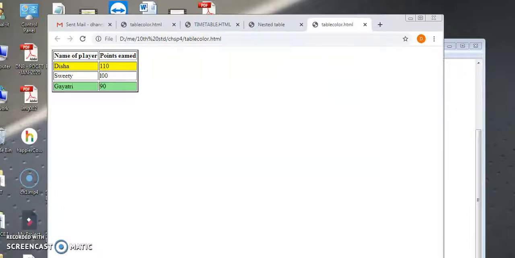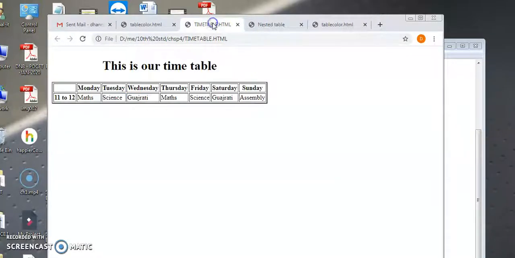So let's see the timetable. See, the color is brown. Monday, Tuesday, Wednesday. This is a table heading, so it shows in bold. 11 to 12, Math, Science, Gujarati. This is our timetable.